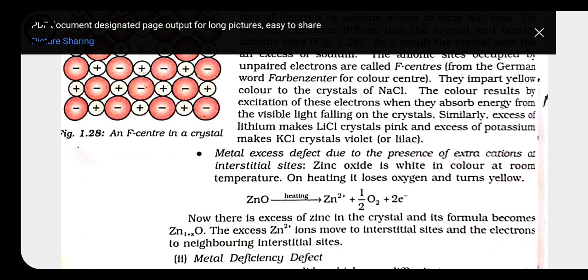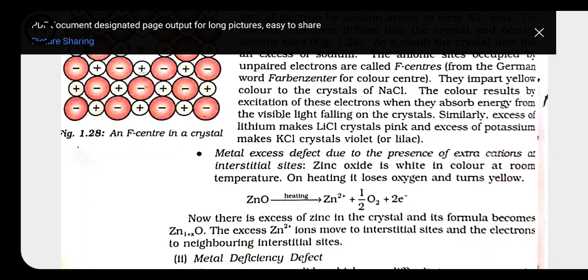So whatever the reason of the extra electron or extra positive charge may come into the crystal, the reason is not accurate. So this is going to balance the electrical neutrality by the presence of electron in the interstitial site. So this type of defect is exhibited by the crystals which are likely to exhibit Frenkel defect. Example of this one is zinc oxide.